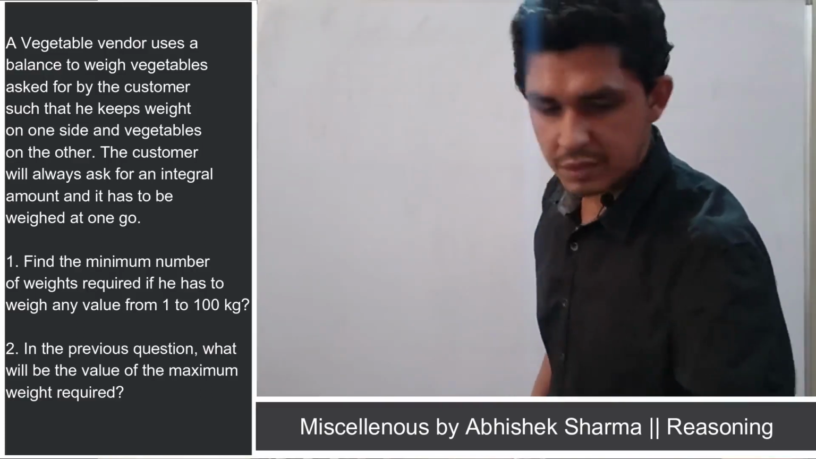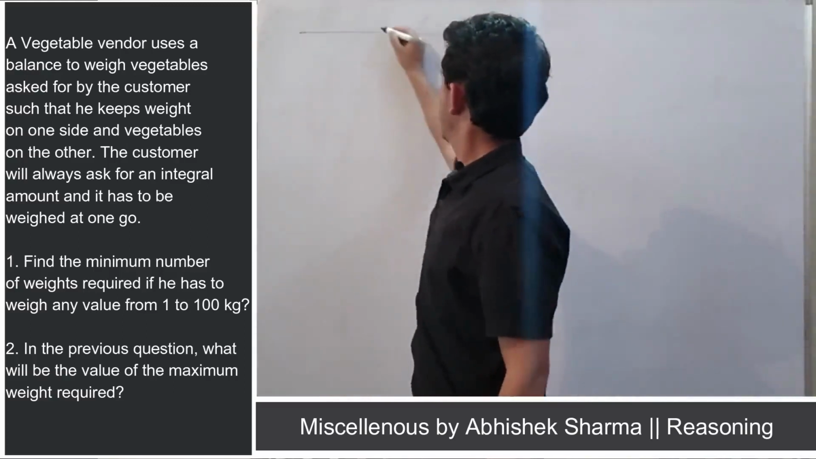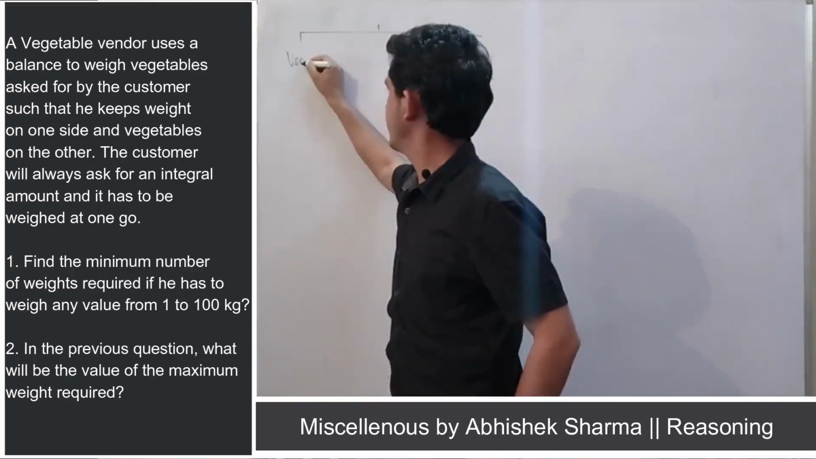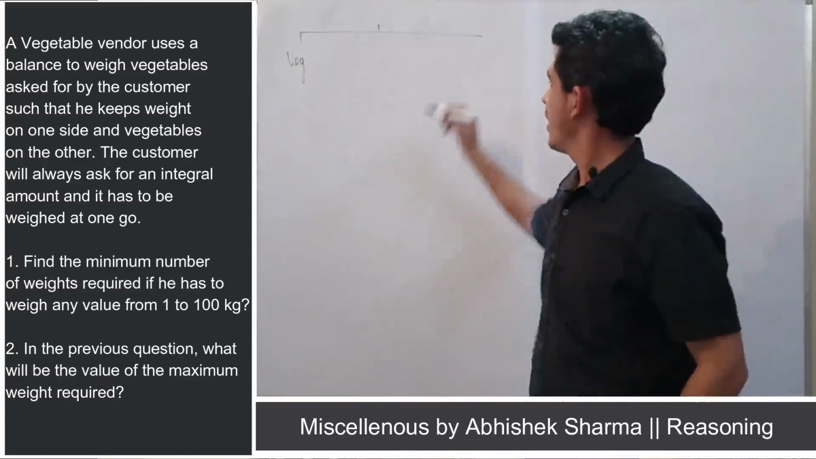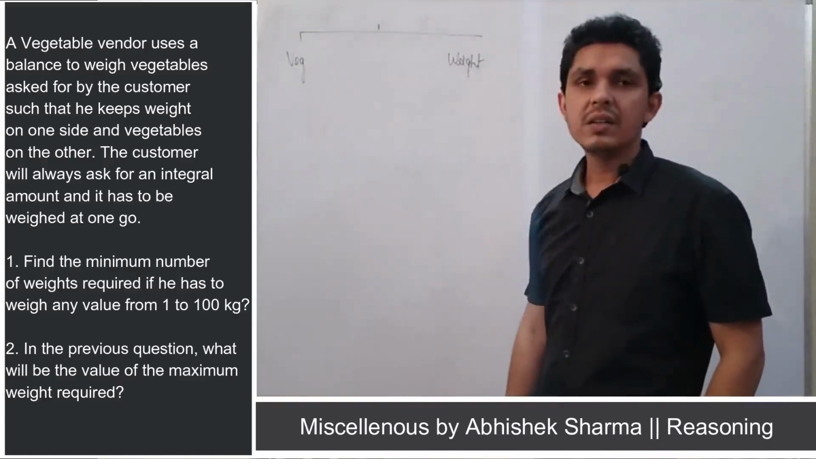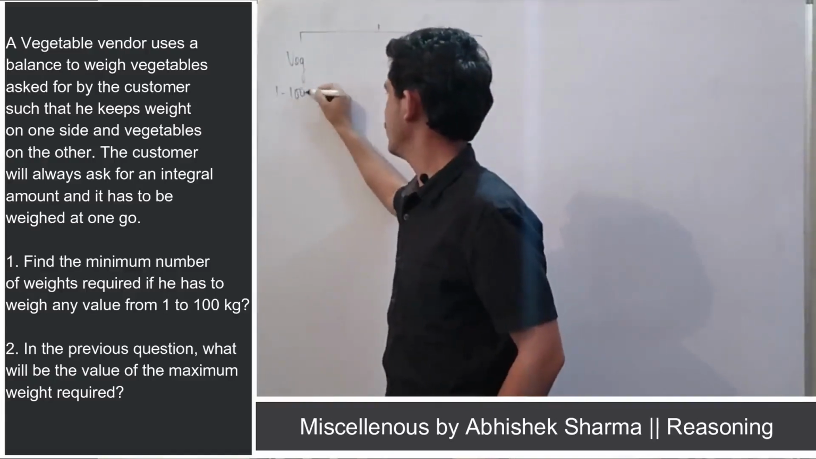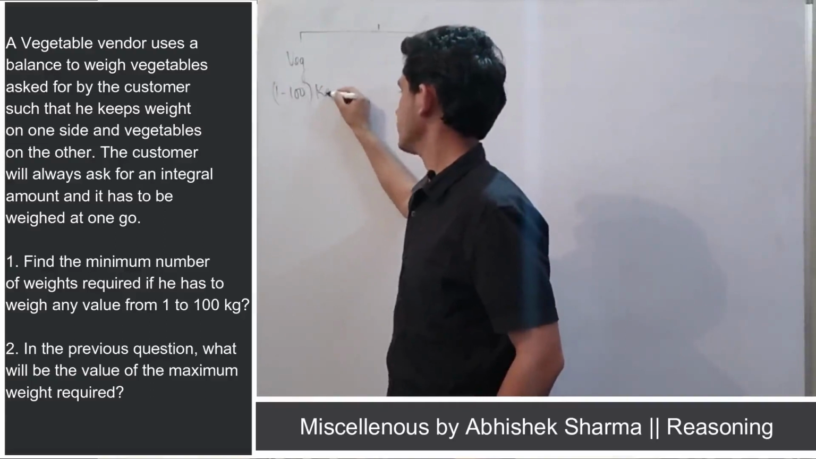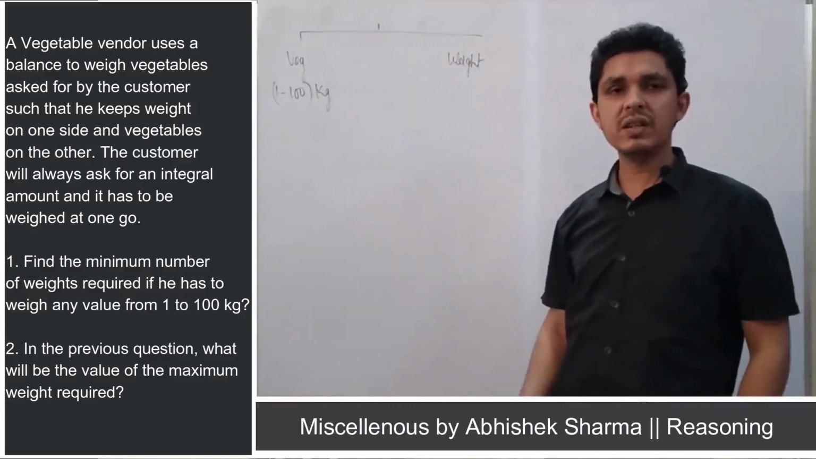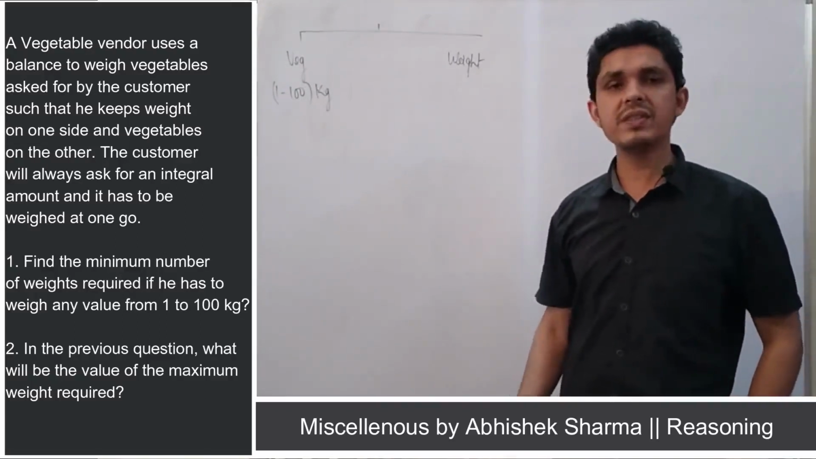So this scenario is, this is the weighing balance and vegetable vendor uses the vegetables on one side and weights on other side, right? The vendor has to weight vegetable 1 to 100 kg and the weight that he has to use should be in integral value. So this is the case when